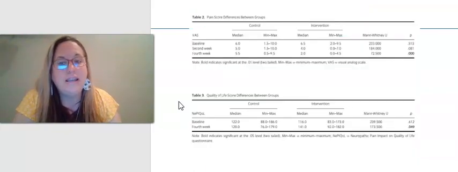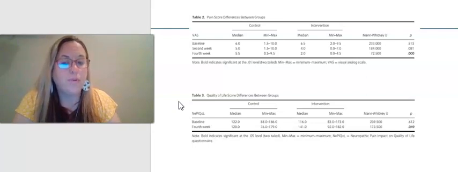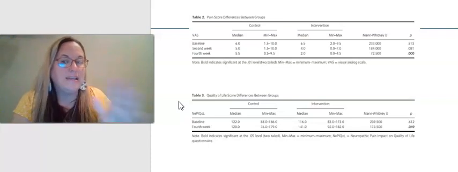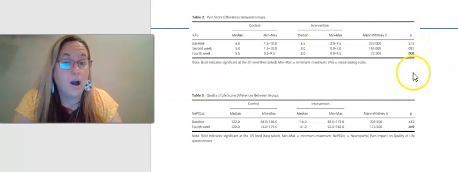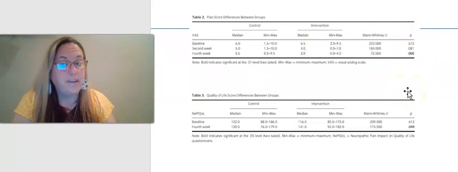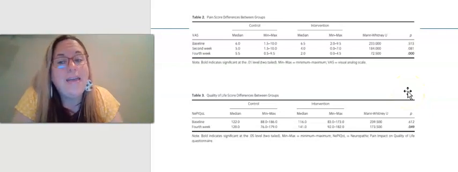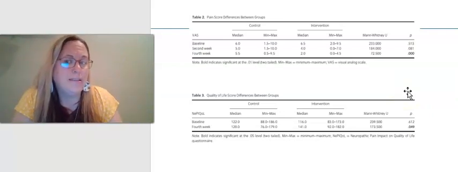So this is just a snapshot of a couple of results tables that I pulled from an article, and we're not even going to try to dissect what all of this means. I just want you to look at the p-values. Most of the time you'll see them in their own column. I have another example in the next slide that looks a little different,